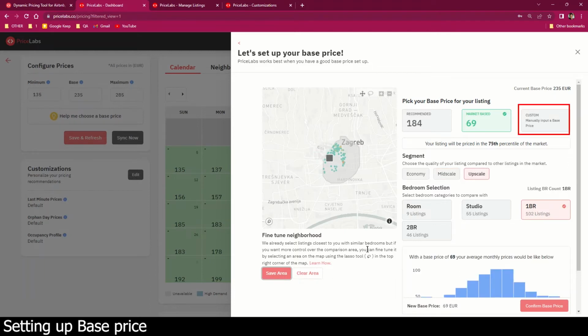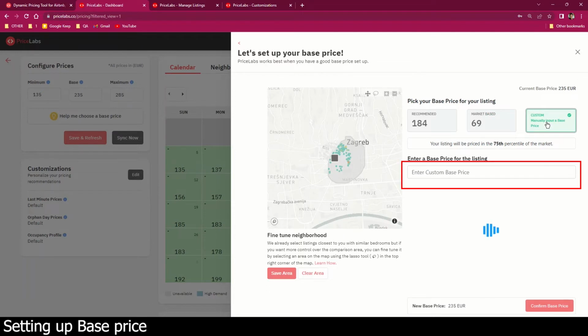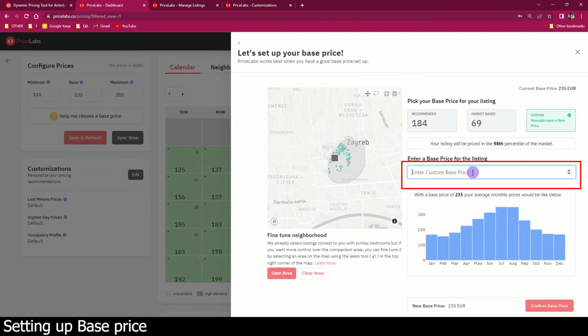The next one is custom base price. This allows you to enter a custom base price for your listing and be able to see which percentile your listing will be at. Once you've chosen a base price, the last step is reviewing your selected base price before